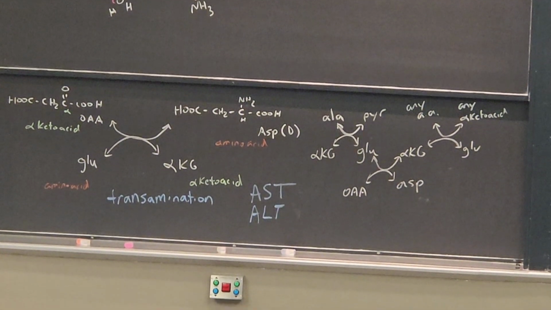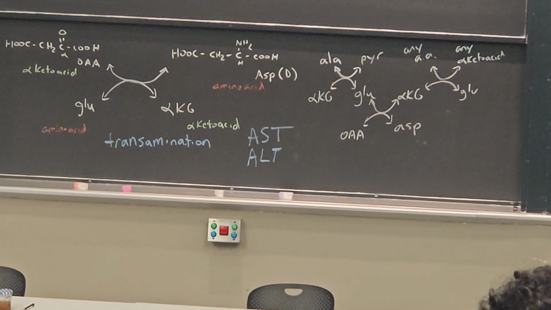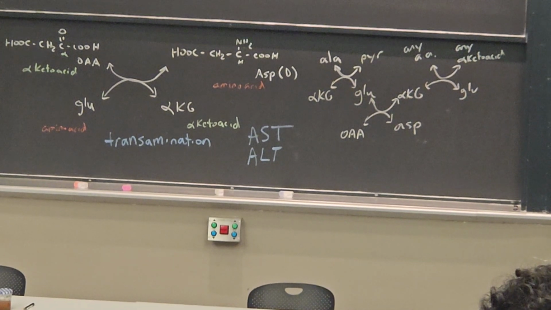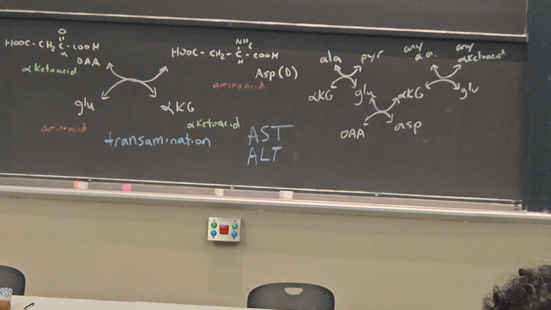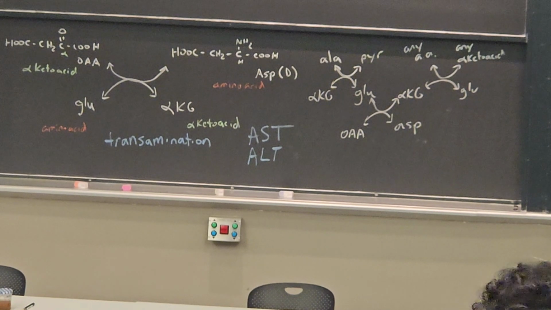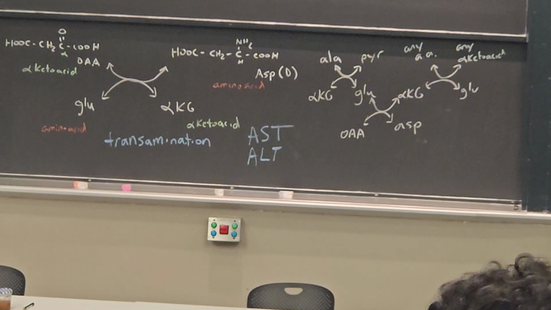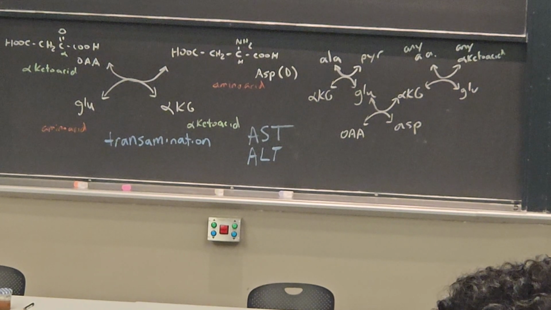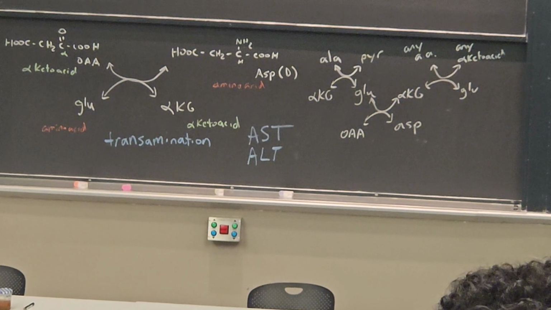Now, all transaminases are completely active and reversible. All right, these are some of the most active enzymes you have in your body, and they're completely reversible. So you will drive these reactions in the direction that cellular demand wants. Delta G naught prime is very close to 0. So your alpha keto acid will interconvert with your amino acid based on the transaminase, and ultimately go between glutamate and alpha ketoglutarate, and then that glutamate will go to alpha ketoglutarate here, which requires